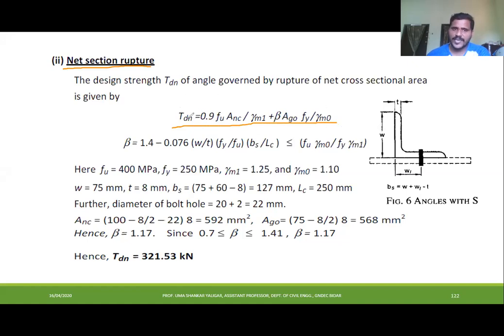But if it's an angle section, this is the formula we will use as per your IS. For all these formulas, you can refer to your IS 800 code, page numbers 32 and 33. You will get all these formulas in your IS code. Now here, he has given